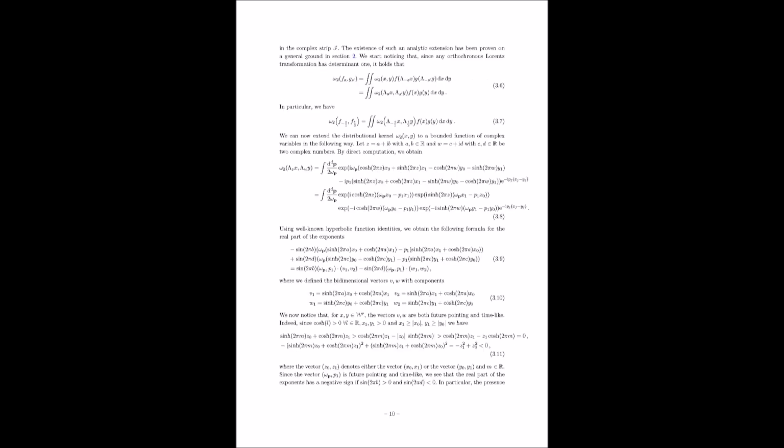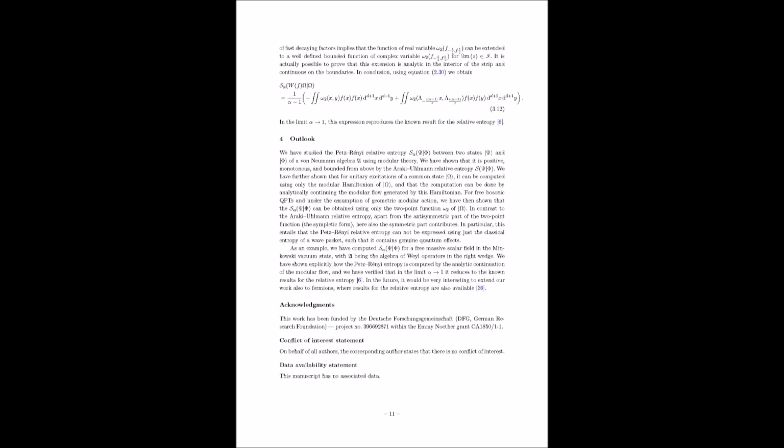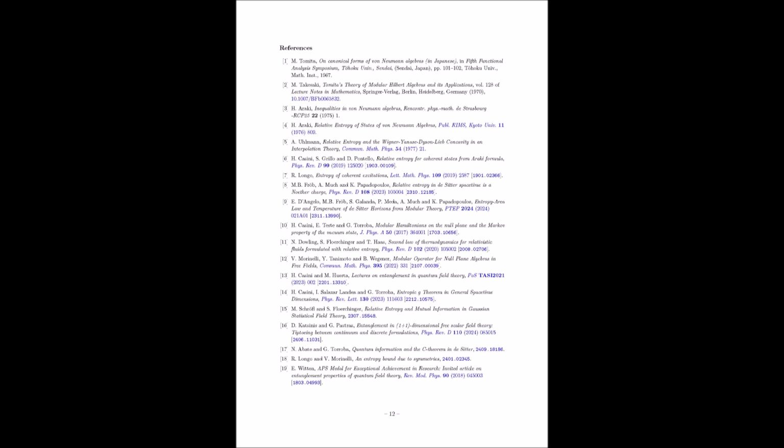Can you remind us what that is and why it's so important? The two-point function essentially tells us how the field at one point in spacetime is correlated with the field at another point. It's a fundamental object in quantum field theory that captures the statistical properties of the field. Okay, so it's a measure of the field's fluctuations or correlations over spacetime.